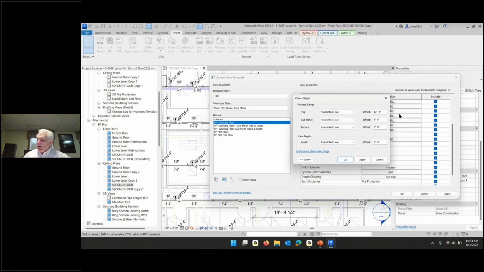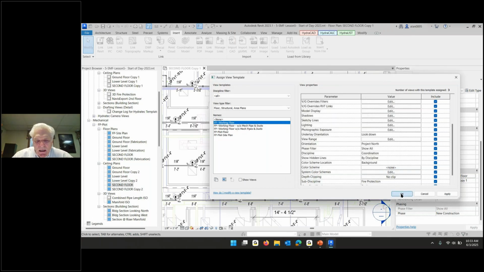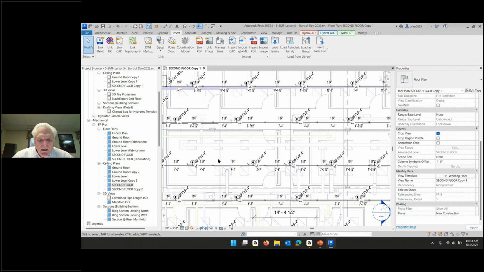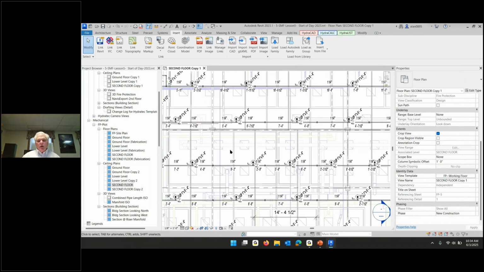The cut plane, how do the walls show? Do they show the doors or the windows? That's depending on the cut plane. And it turns out that the steel pays particular attention to that cut plane. So I'm going to move it up to 13 feet. So is it likely that a plane at 13 feet cuts through the steel? I'd say pretty likely. So I'm going to pick OK, and I'm going to pick OK, and sure enough, there's the steel. So a cut plane at 4 feet doesn't go through the steel,